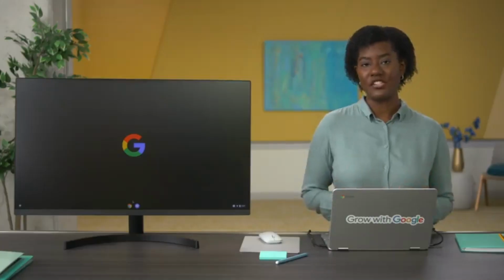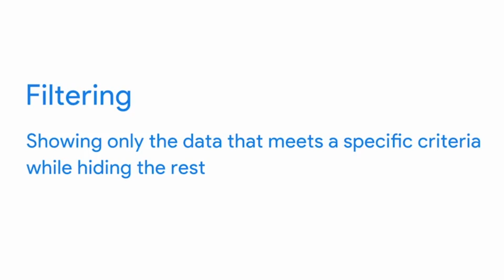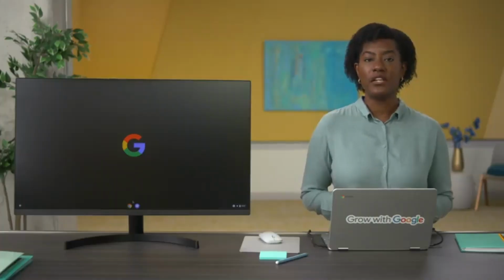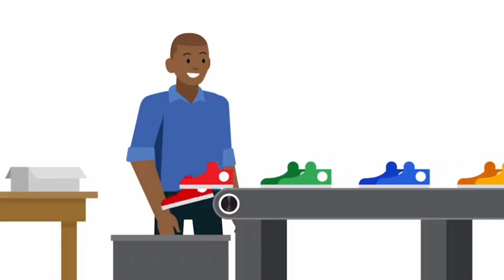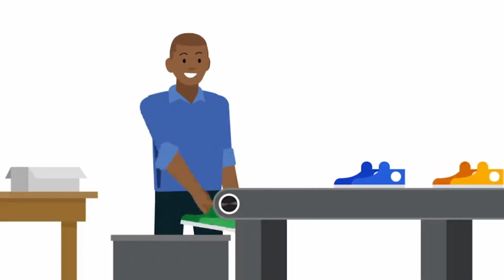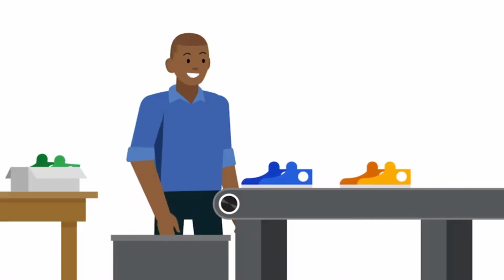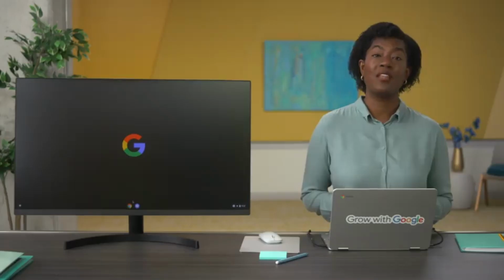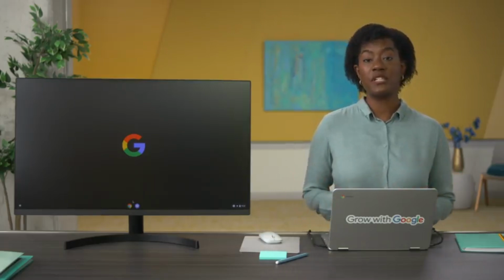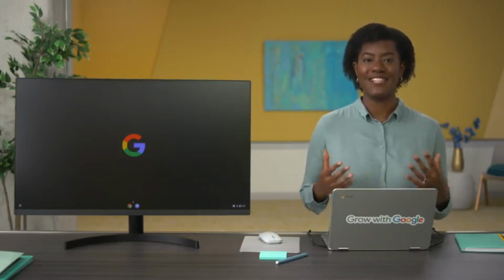Another way to organize information is with a filter. Filtering is showing only the data that meets a specific criteria while hiding the rest. Typically, you can use filters when you want to narrow down the amount of data you want to sift through. Say you're searching for green sneakers online. To save time, you filter for green shoes only. Using a filter slims down larger data sets to smaller subsets that are relevant to what you need. Sorting and filtering are two actions you probably perform a lot online. Whether you're sorting movie show times from earliest to latest or filtering your search results to just images, you're probably already familiar with how helpful they can be for making sense of data.